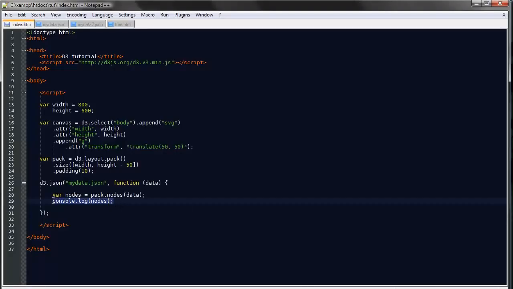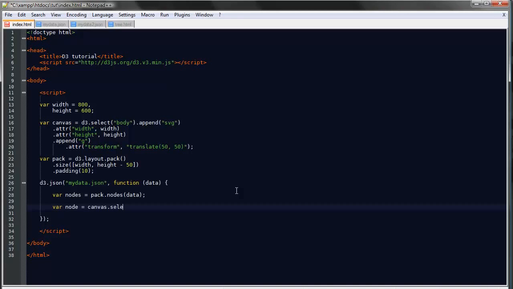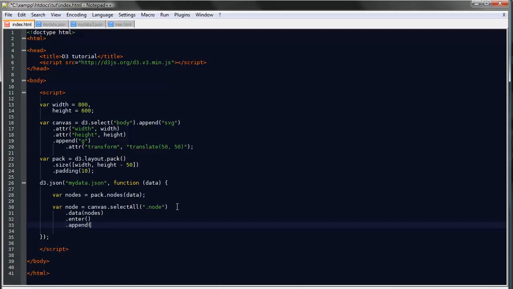So yeah, that's the nodes method of the pack layout. So we can continue just as with the tree layout to bind some data, and we'll just select everything with the class of node, and the data will be provided by the nodes method, and enter as usual, and we'll append a G element to each node, and we'll give it a class of node,